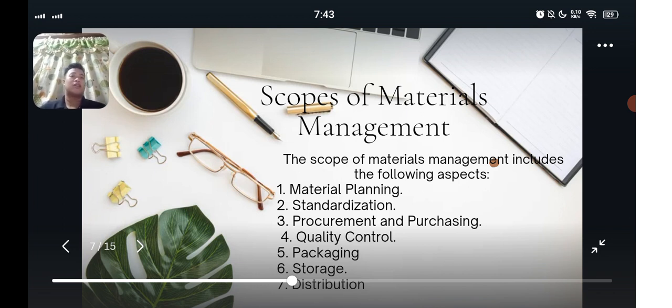Standardization. So number two, standardization is the process of creating, disseminating, and putting into practice standards, norms, and specifications for frequent and repeated usage with the goal of establishing the highest level of order or uniformity in a particular field, discipline, or setting. So in procurement and purchasing, from the creation and processing of a requisition to the receipt and approval of the invoice for payment, it covers the entire process of acquiring goods and services.